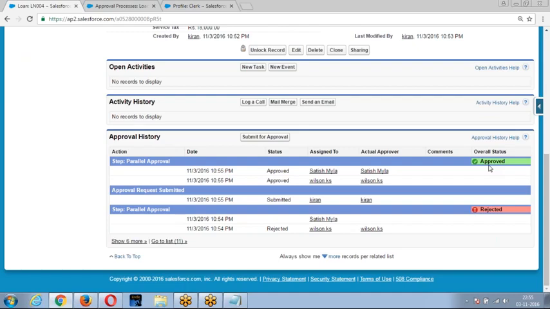There are two types of parallel approval process. First response approval process, unanimous approval process. When you say first response approval process, whichever approver gives the first reply, his response will be taken as final approval. Now unanimous, all the users have to approve the record, then only the record will be approved. I hope you are clear with this.